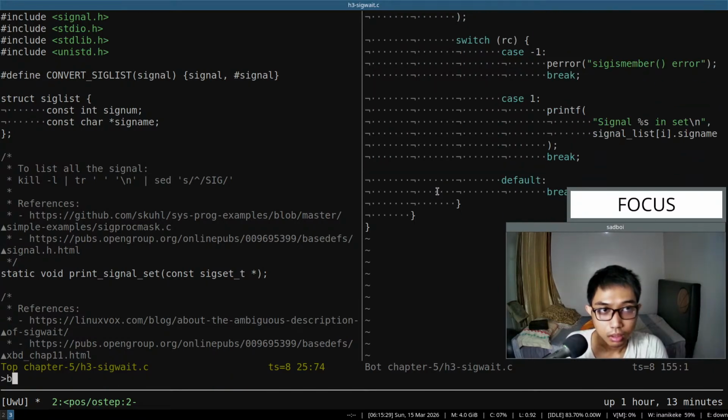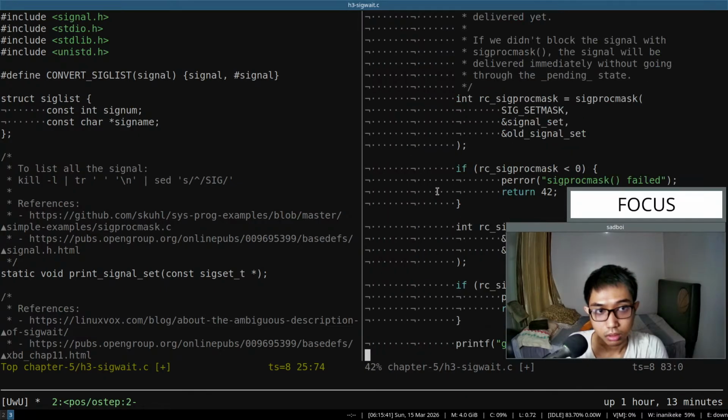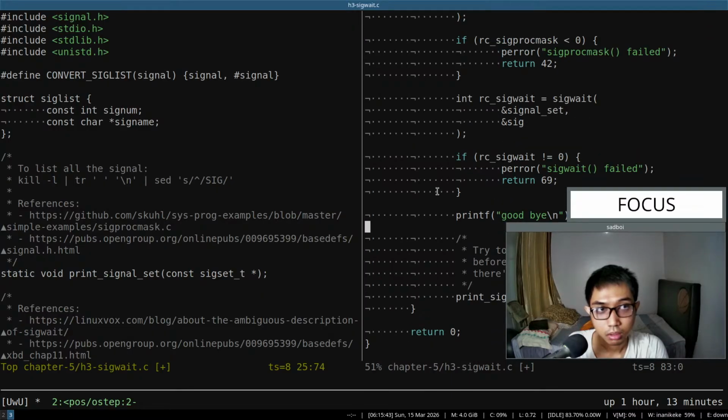So if there is an error, let's just exit. Wait, what is it? Yeah, let's use 69. If anything fails,